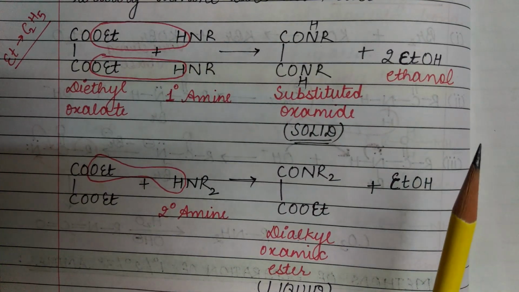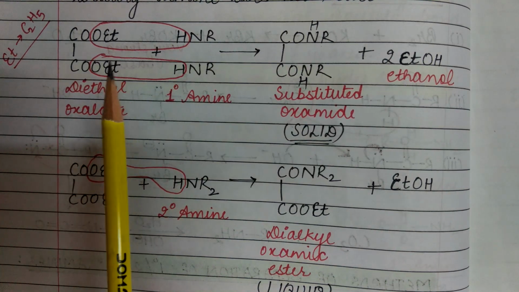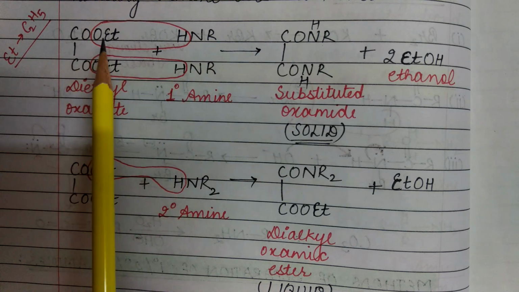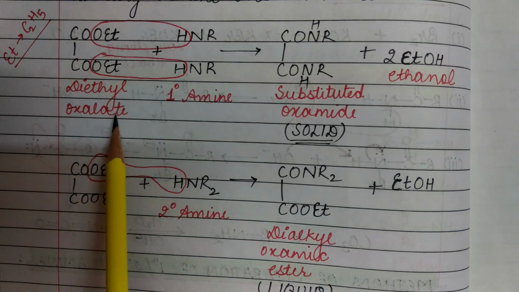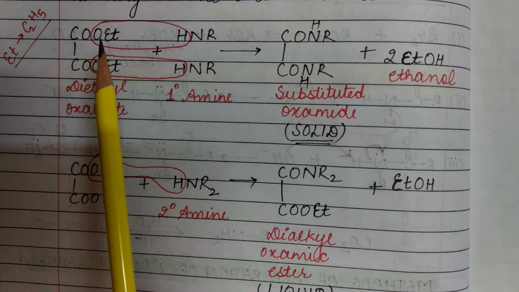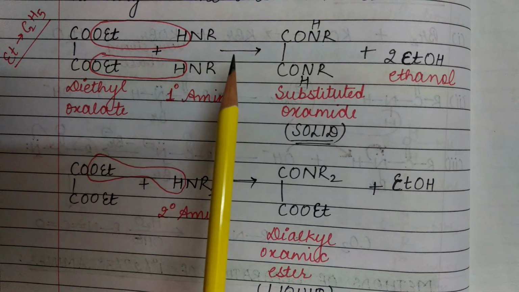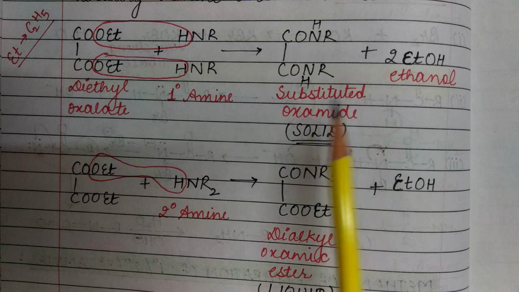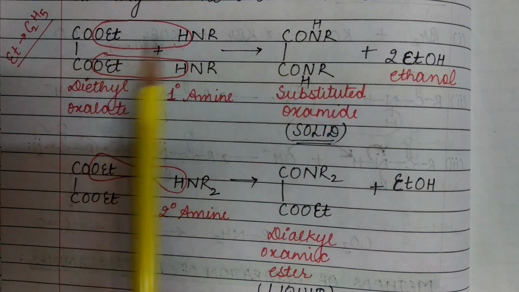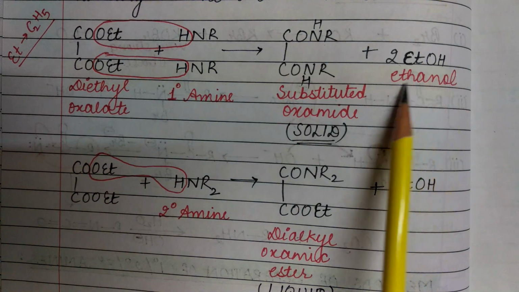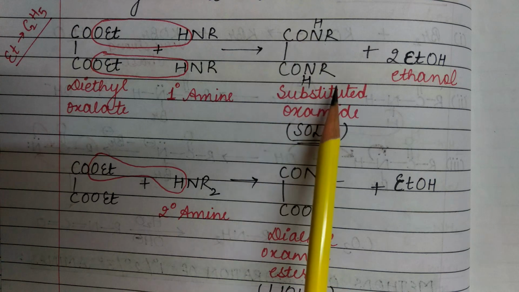Initially we have the mixture of all types of amines: 1-degree, 2-degree and 3-degree. The mixture of amines is treated with C=O, COOEt, COOEt. This is diethyl oxalate, right? Et is the C2H5 ethyl group. So when this reacts with the mixture, it reacts with 1-degree amines to form substituted oxamide. Here 2 molecules of alcohol, EtOH, C2H5OH, are removed, and we get substituted oxamide, which is